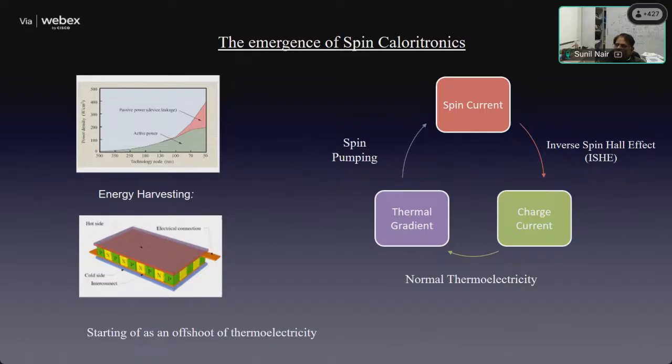Now, how did spin caloritronics really come into play? The emergence of spin caloritronics can be looked upon as the triangulation of three core areas. Okay, so one, of course, is charge currents itself, and in addition to that, you have the area of thermoelectrics. So thermoelectrics, Manoj was telling me that you're probably going to have some lectures on thermoelectrics. So how are thermoelectrics important? Thermoelectrics is important because what one tries to do in the area of thermoelectrics is to use thermal gradients to generate a voltage. So it is basically a tool of energy harvesting.